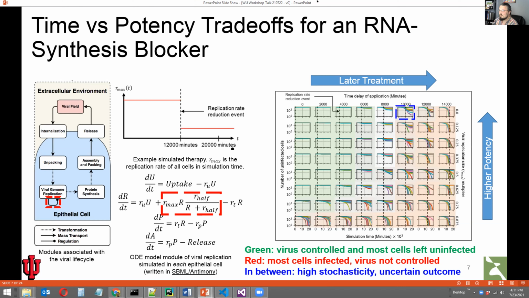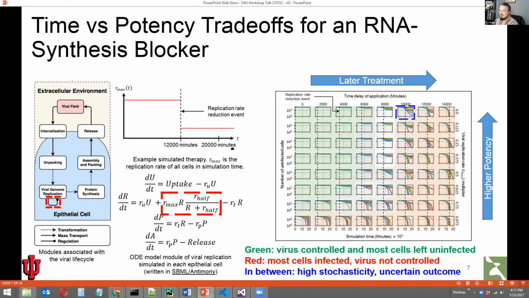and then place those models in the context of a multicellular dynamic system. So it's one thing to work on what happens inside of an individual cell when it's exposed to a particular set of conditions. It's another thing to then take that model development and put it in a context where the environmental conditions of a particular cell can change, and that cell can also contribute to changes in their environmental conditions. What this looks like in this application was we developed an ODE-based model in Antimony of viral replication. And that looks like here on the left.